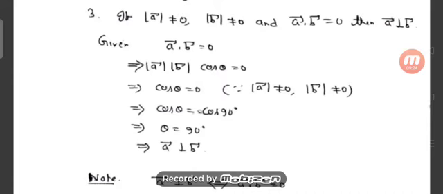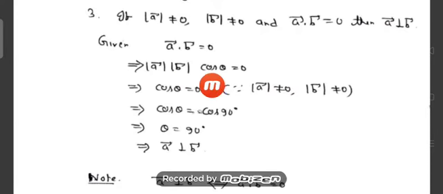Agortut ame ki paisilu? Perpendicular hole dot product 0 hobo. A bar paisu, dot product 0 hole perpendicular hobo. We'll prove this result. So what is the dot product given? A bar dot b bar given is equal to 0. So by definition, we will get modulus a bar, modulus b bar, cos theta is equal to 0. Now you know, it is given here that a bar is not equal to 0, b bar is not equal to 0. So tinta number or product to 0 hoise. Ihon duta 0 nohoy.